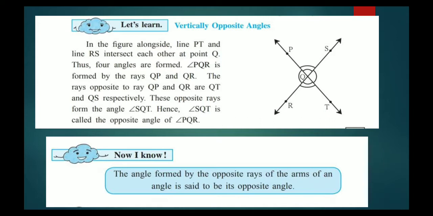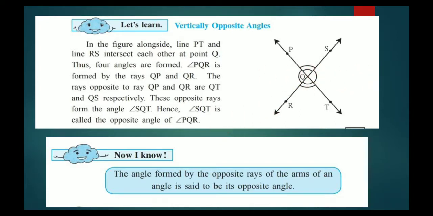Now we are going to see what vertically opposite angles are. If you see, children, there is one common vertex, that is Q. Look at angle PQS, with the red mark. Downwards, you see angle RQT, which has the same mark. This pair of angles is called vertically opposite angles. One more pair of vertically opposite angles is PQR and SQT. Both are vertically opposite angles.